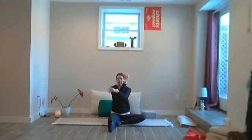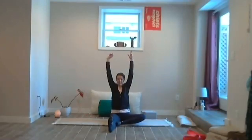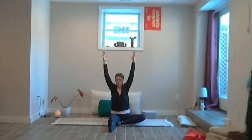Let's unravel those hands, expand those wings out. Whew, hallelujah. Lower the arms down, or maybe you bring them up above the head. We'll meet with our hands in prayer in front of the heart. Yes. And we'll inhale, bring the arms above the head, and then hinging at the waist, draw the heart towards